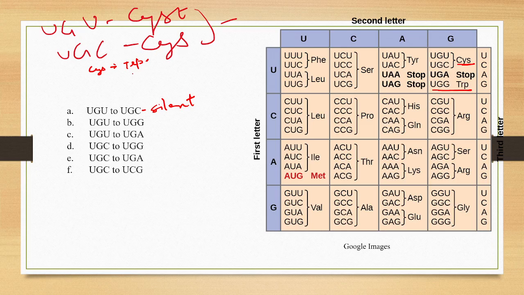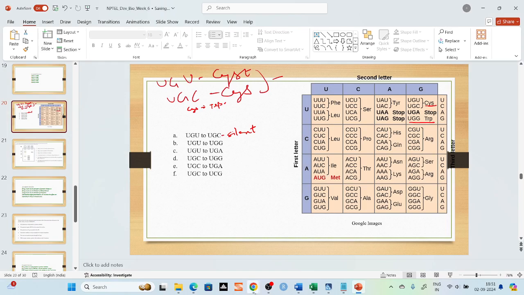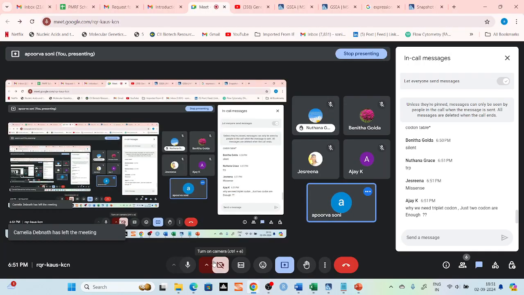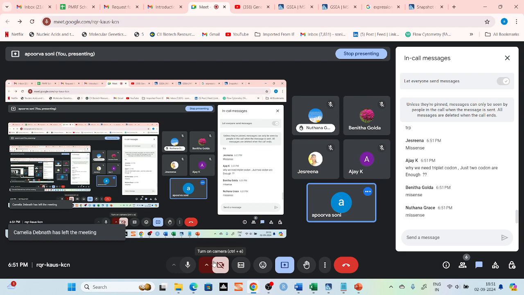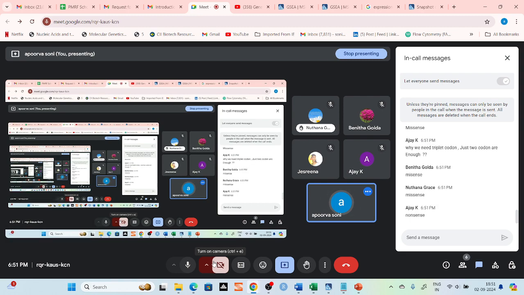So which kind of mutation is this? Tell me, B1, which kind of mutation is it? It's a missense mutation. Okay, because one amino acid is changing to another amino acid. So when one amino acid gets changed to another amino acid, that kind of mutation is known as a missense mutation. When one amino acid is changed to a stop codon then it is known as a